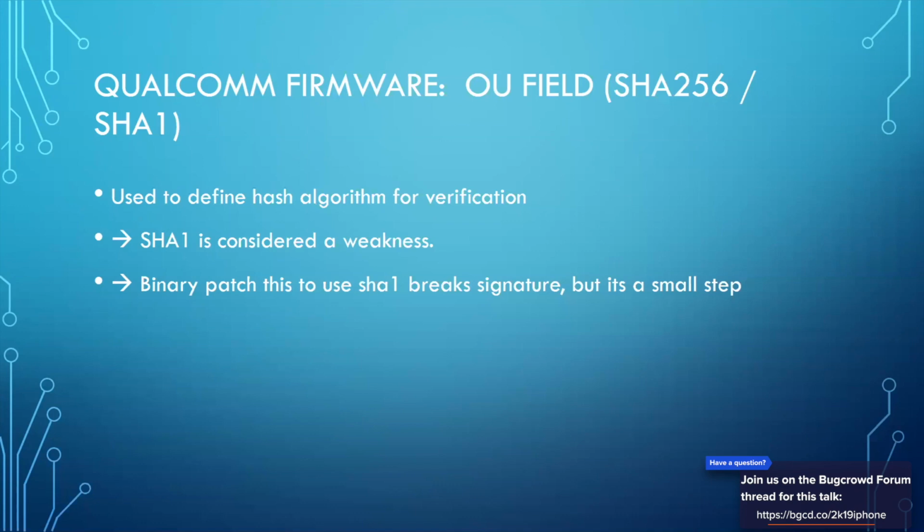But if you patch this to SHA-1, it will use SHA-1 to validate and basically relax the signature verification a little bit. Because even when the signature is broken, it still tries to verify this with SHA-1. And when it compares this to the SHA-256 hash in the boot ROM, it will only compare it to the size of a SHA-1 hash.